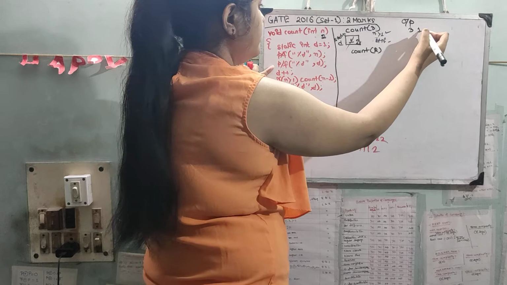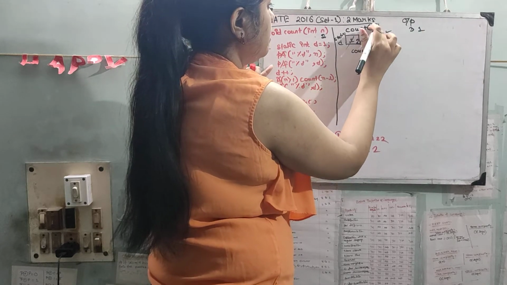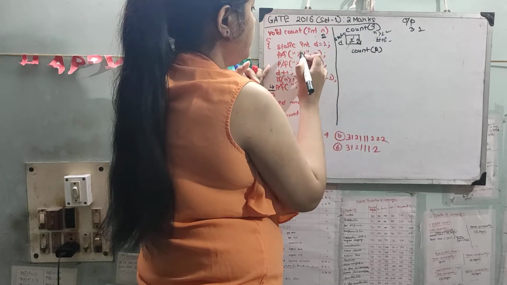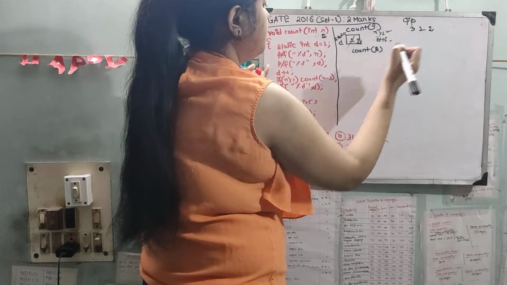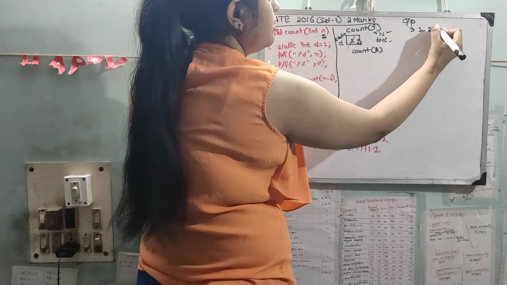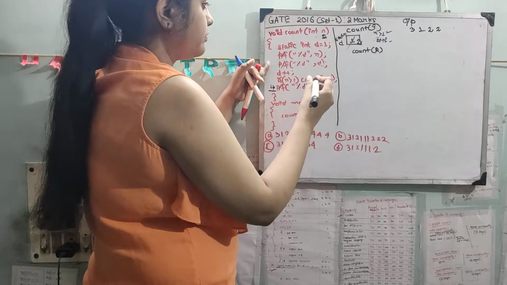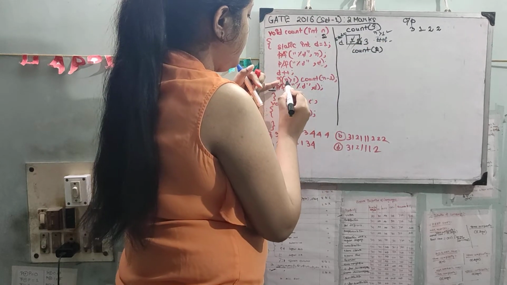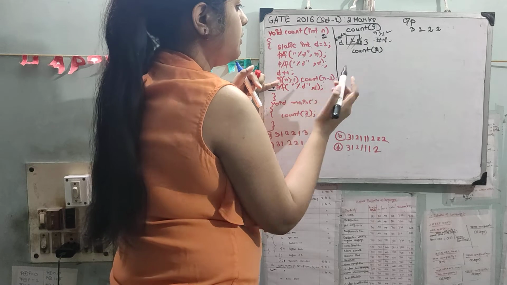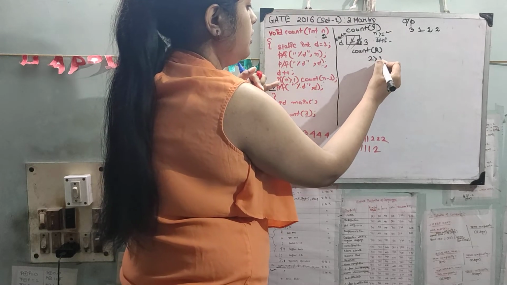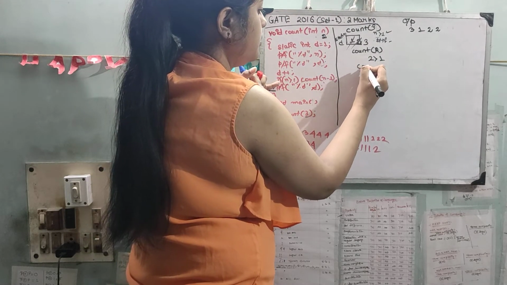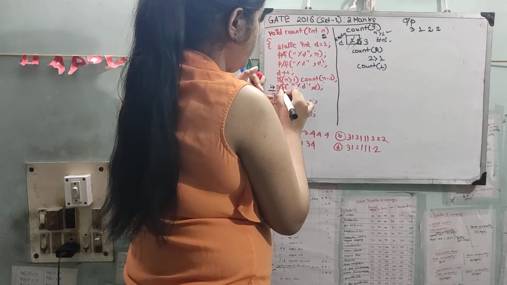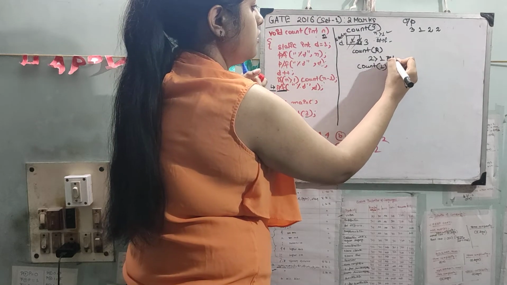Now n value is 2 here, printf n is printed. What is n value here now? Count is 2, so n value 2 is printed. Then d value is also 2. Now d plus plus, d is incremented to 3. If n is greater than 1, count n minus 1. Yes, 2 is greater than 1, so count n minus 1, 2 minus 1, 1. Always remember this printf line we have to do.